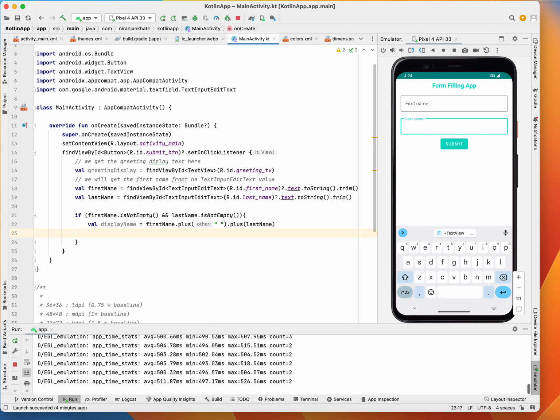Okay, so we will now display the greeting text. The greeting text display will have a text which will consist of the display name, okay, and